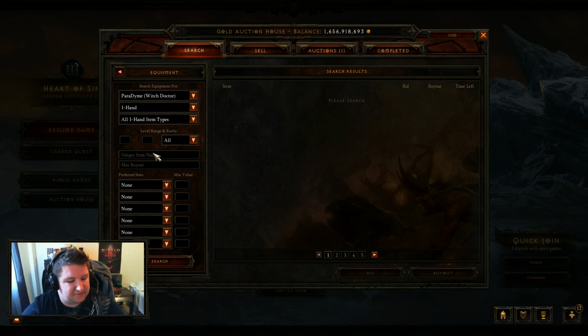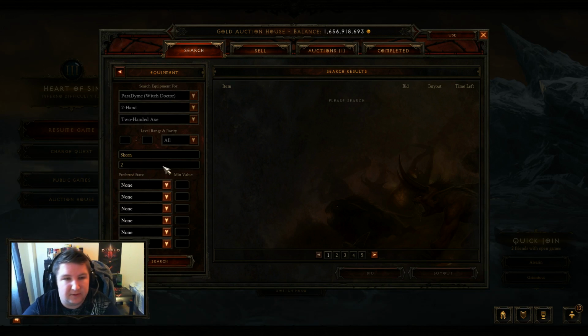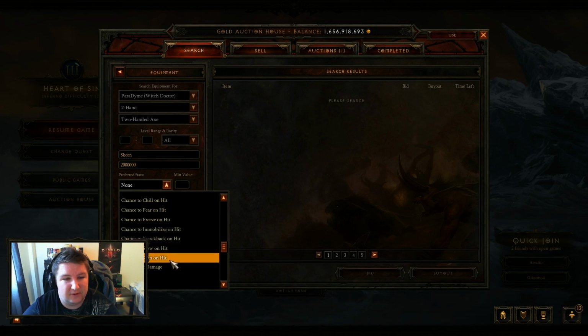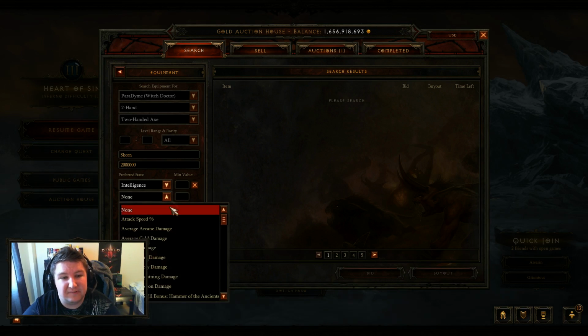Let's go ahead and get the Scorn. Now, I'm going to do a max on that for 2 million. So we're doing a 10 million build. The Scorn, I want to get a good one, like at least a decent one. So we'll go into, now the reason why our 2 million is going to be like this is because we